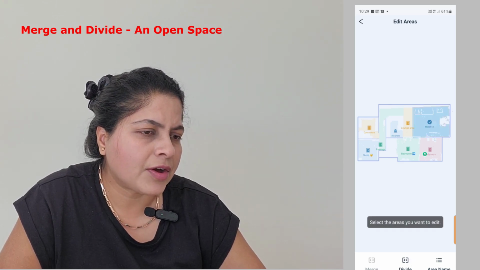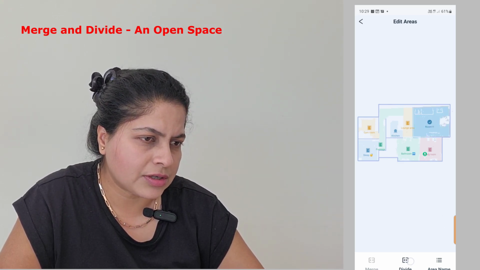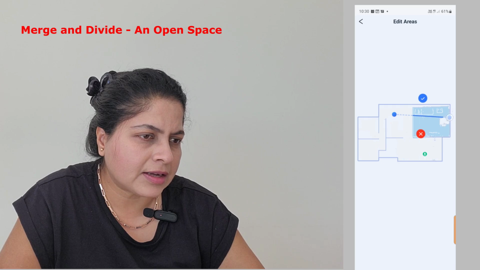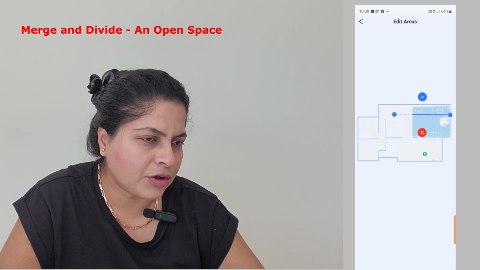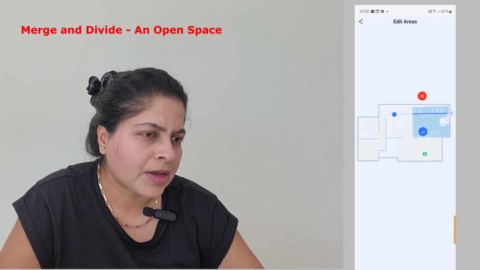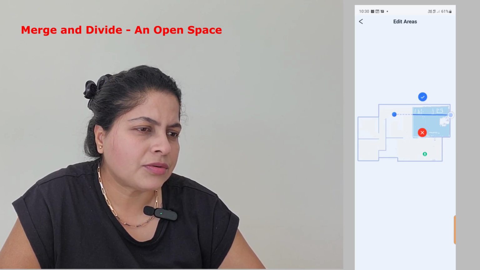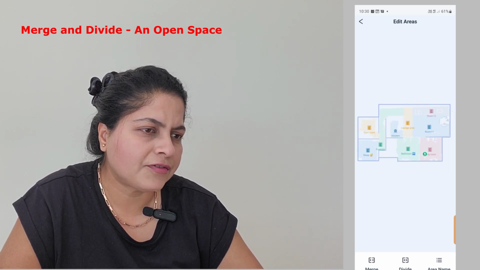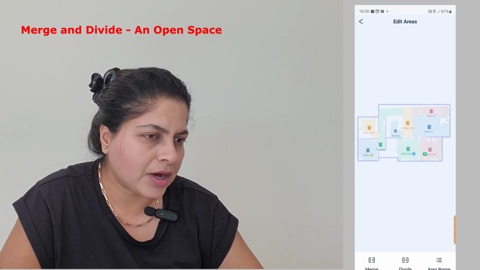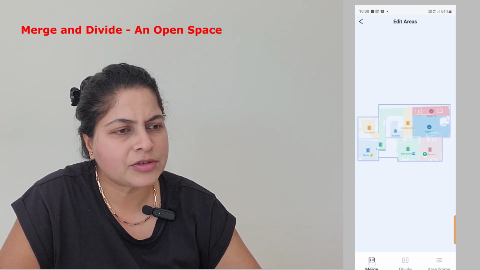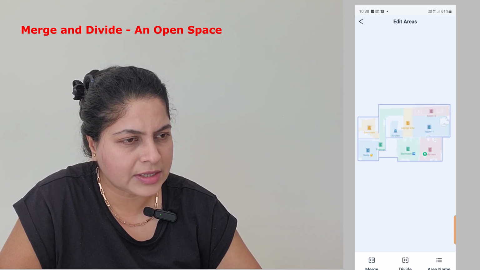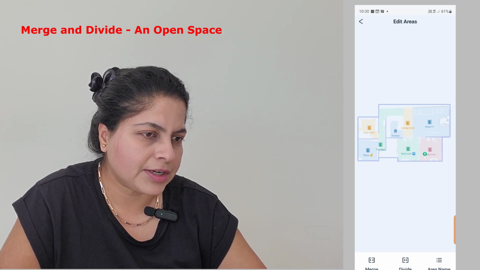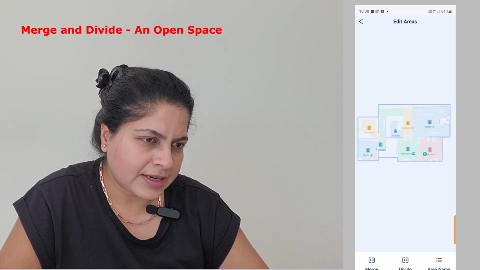So again, if I want to split out the blue section, let's try a horizontal split now. So from one wall, and the other end of the horizontal line is the boundary of the passage that I created earlier in this video. So here I'm able to split this large space horizontally as well, and therefore you can see that my lounge is now zoned out into 3 spaces. I don't want 3 spaces, so I'm going to merge the 2 spaces that I just created back into a proper lounge area. So now you can see that my house is now fully divided into the exact rooms with the right kind of boundaries that I want,